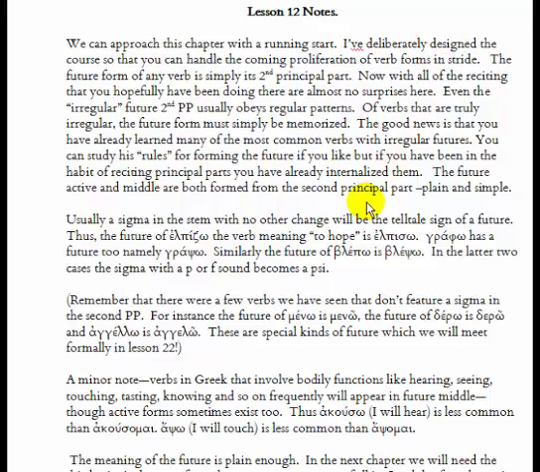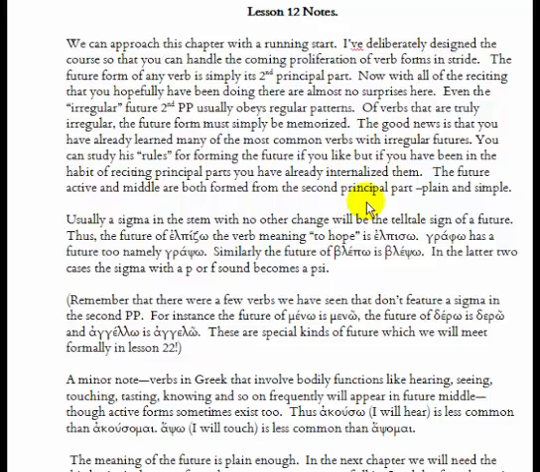Even the so-called irregular futures, which we will meet formally in later chapters, are going to present no problems. Those would be perhaps like liquid stems, like for instance, meno. Remember those funny ones that when you had a nu or a lambda or a rho or a mu in the stem, you wouldn't get the sigma in the second principal part. Instead, what you get is an elongation and a shift of the accent to the ending vowel. So it would go meno, menoo, or angello, angeloo. But no big deal though. You still just shift the accent to the end, and then you still have your primary endings at the end.